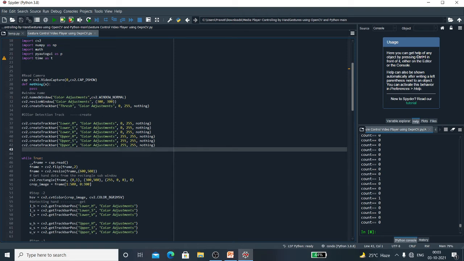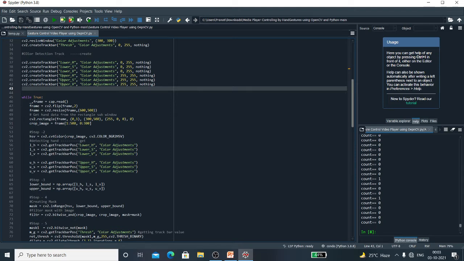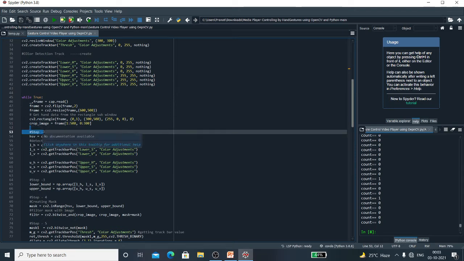Then in step 2, I am converting the frames into HSV using this syntax. Before that, I haven't explained the while loop part.